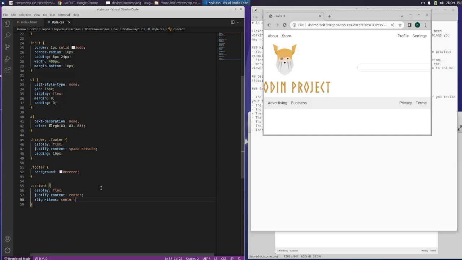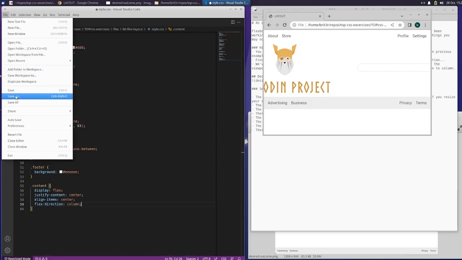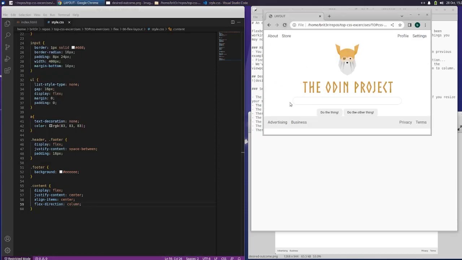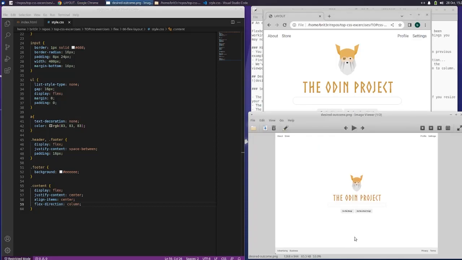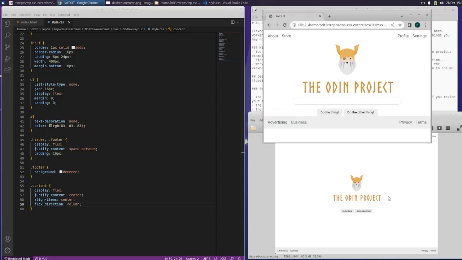Justify content center. Align item center. Do I gotta change the direction here too? I think so, because it's beside each other. Not column reverse, column. Save it. Oh wait, that is actually perfect, except for, so everything looks good right now, except for